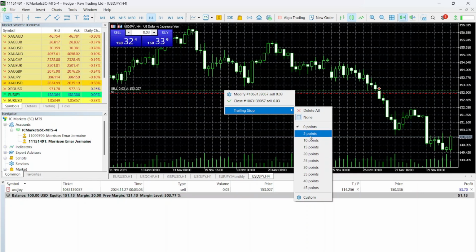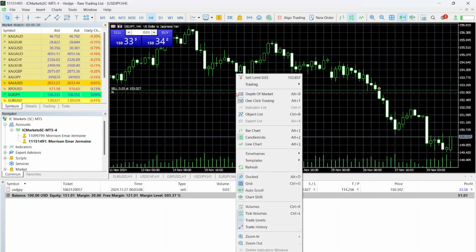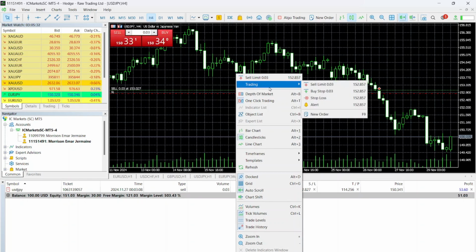So if the chart moves 10 points in your direction, then the stop loss is going to move 10 points. You can also select custom and specify a trailing stop loss. And that's basically it. You're just basically setting the number of points you want the position to move once the market is moving in your